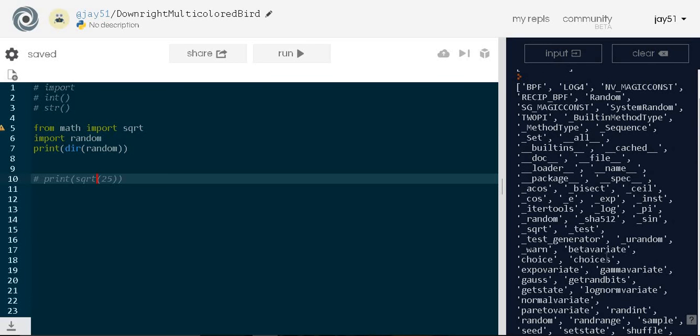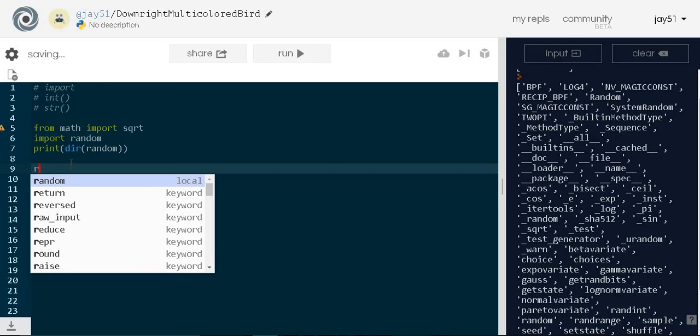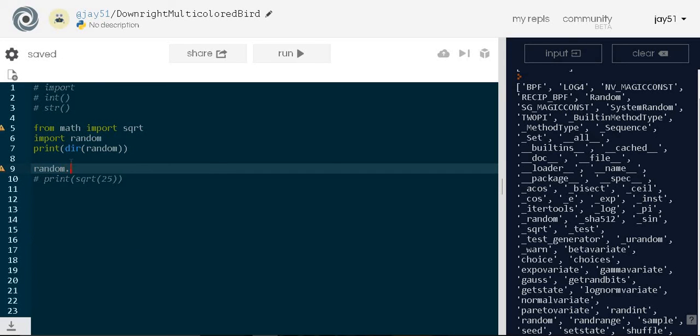One good function inside random is this random function that generates a random number for you. So if we say random dot random,